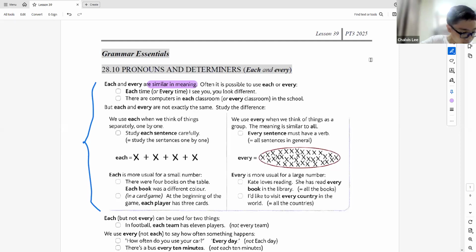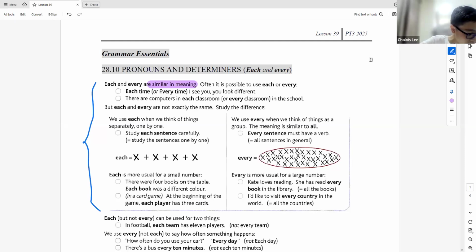There are computers in each classroom or every classroom in the school, but each and every are not exactly the same. Study the difference. We use each when we think about it, when we think of things. Separately. Separately,